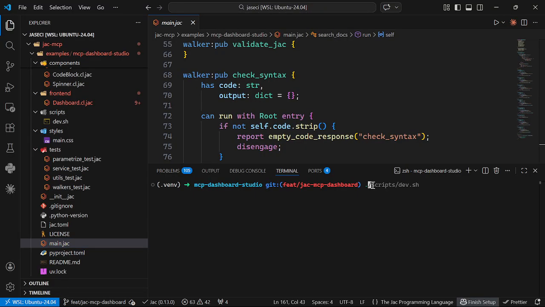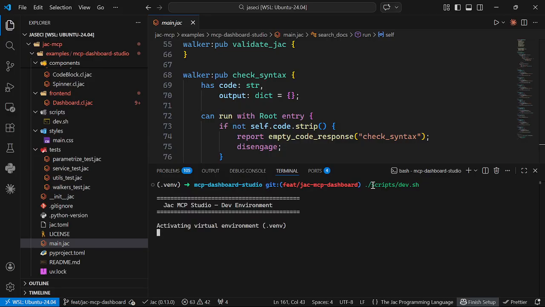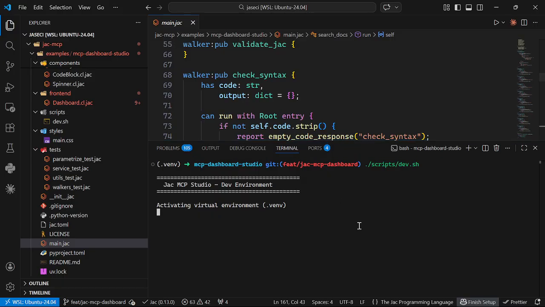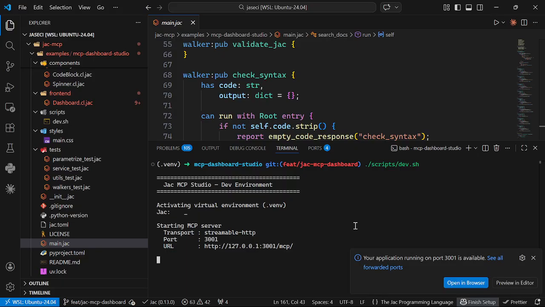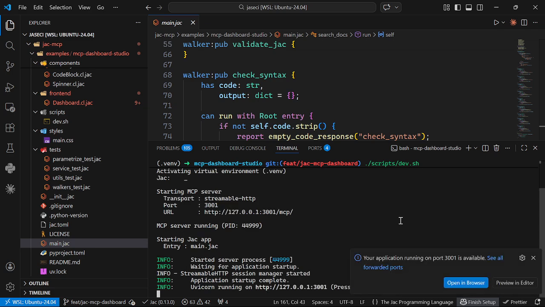So now let's run our application and explore the 9 tools that we need to expose to the user. So Chuck MCP server is starting. It has been started.